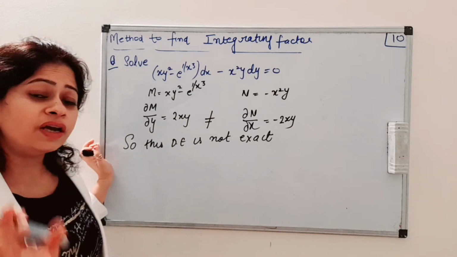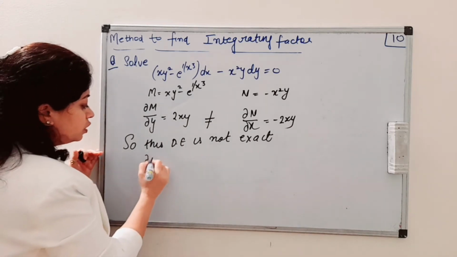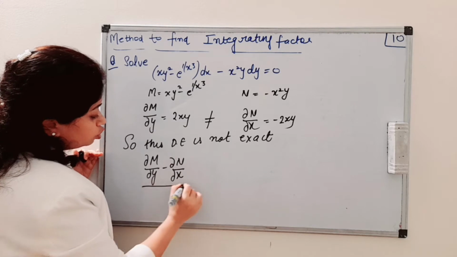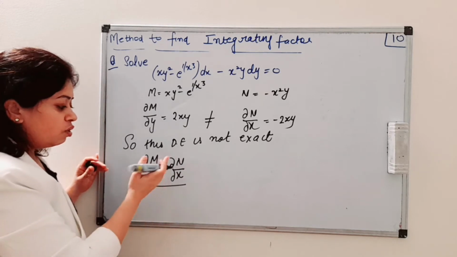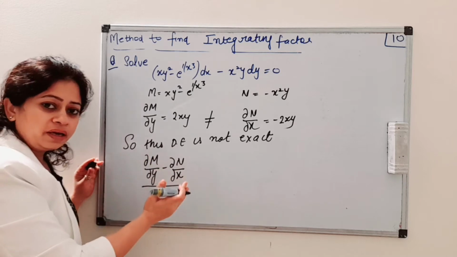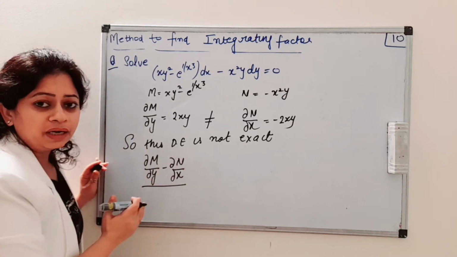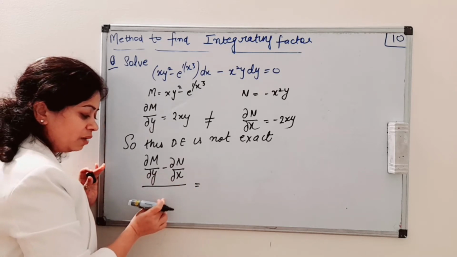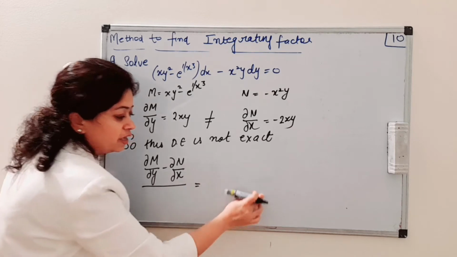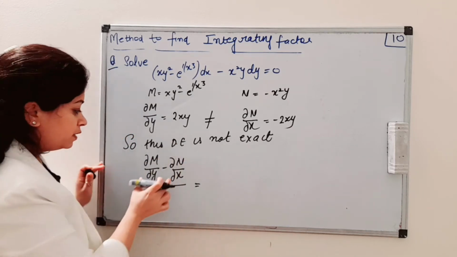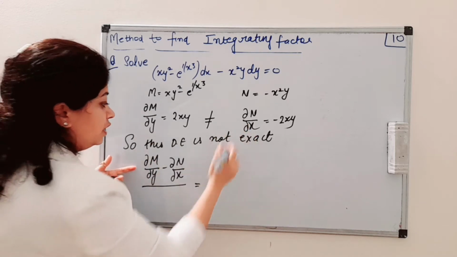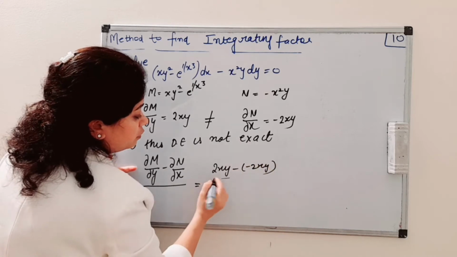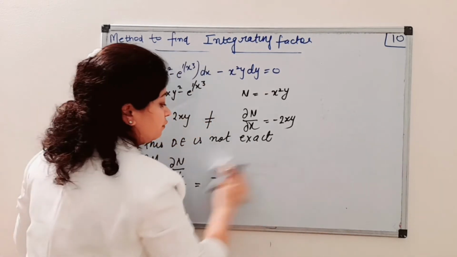So it is also not the case that 1 upon Mx − Ny is the integrating factor. Okay, so now we come to the third case. Third case was, we will check ∂M/∂y − ∂N/∂x. Usually we take N here, or we take ∂N/∂y − ∂N/∂x − ∂M/∂y. So first of all, we will find this difference only. We will see whether M or N can come here to find a function of x only or a function of y only. So ∂M/∂y − ∂N/∂x is 2xy − (−2xy), that means 4xy. We can write 4xy here.